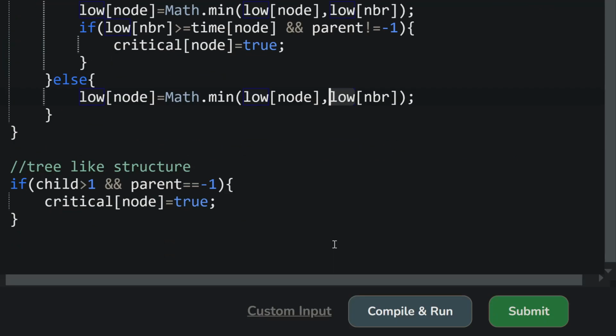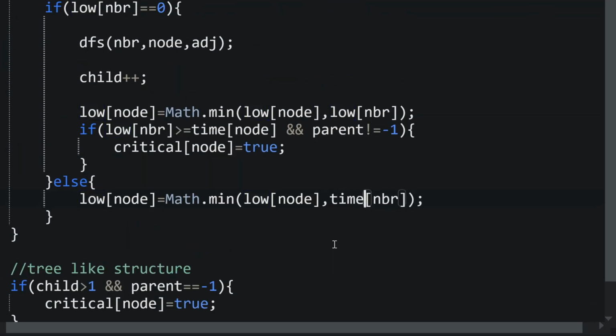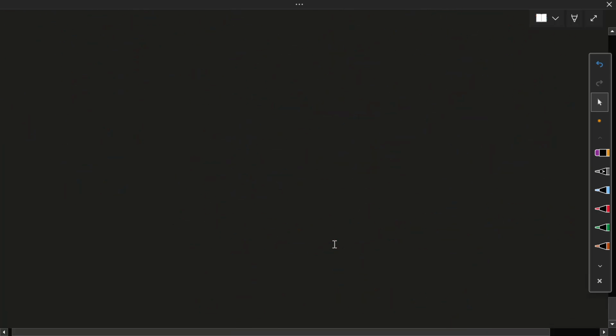For that we have the timer, so they write timer of neighbor. So what does it mean, and why would low also work instead of time? Let me give you an explanation.